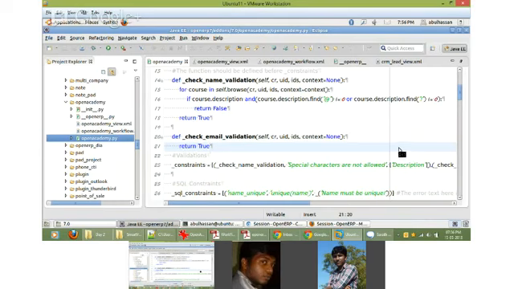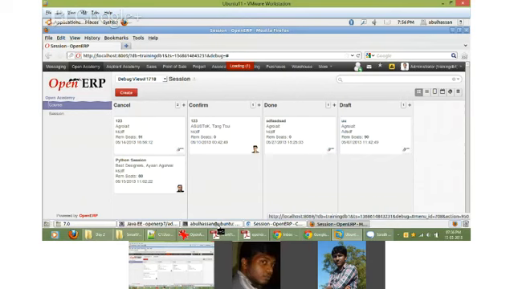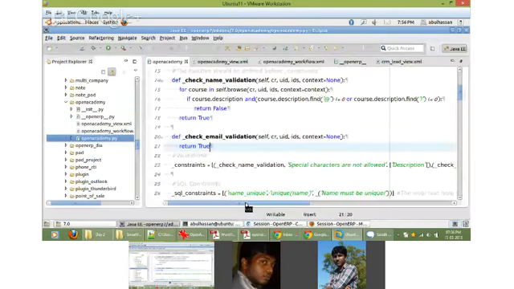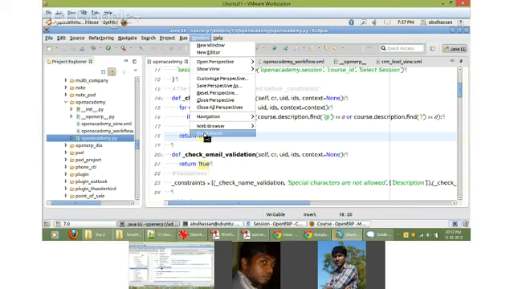Okay, so let me show you how this works. I'm not going to compile the code, I'm going to show you the existing thing and how it works. If you see, I have written a thing to find an exclamation mark and at symbol. So if any of it is available in the description, then it will throw an error. This font is not good, right? It's showing some value which is not actually readable. Is this font readable? Can you guys read this? Suddenly I don't know what happened to the font.